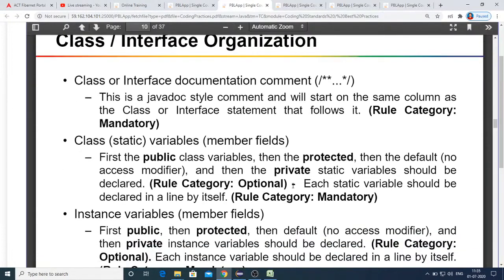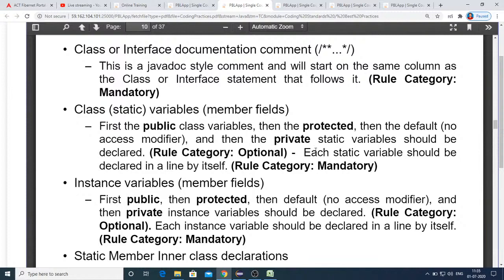And within the class, when you organize also, this should be the style. Here you can see, first you should declare all public variables, I mean the instance variables, followed by protected variables, followed by private variables, and last should be the default. Anyway, it's optional, but still based on the company they recommend following that standard order. So this is how you should declare the variables also.